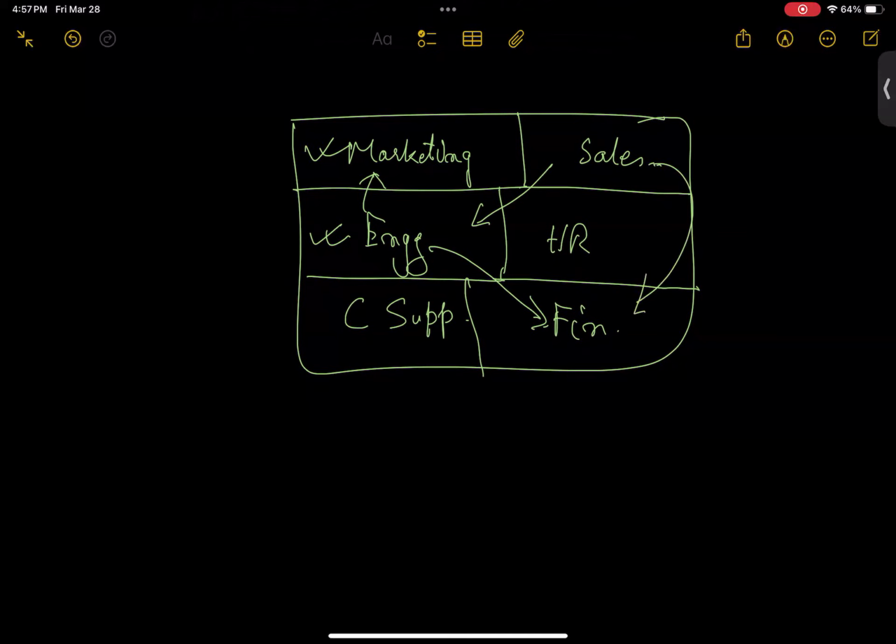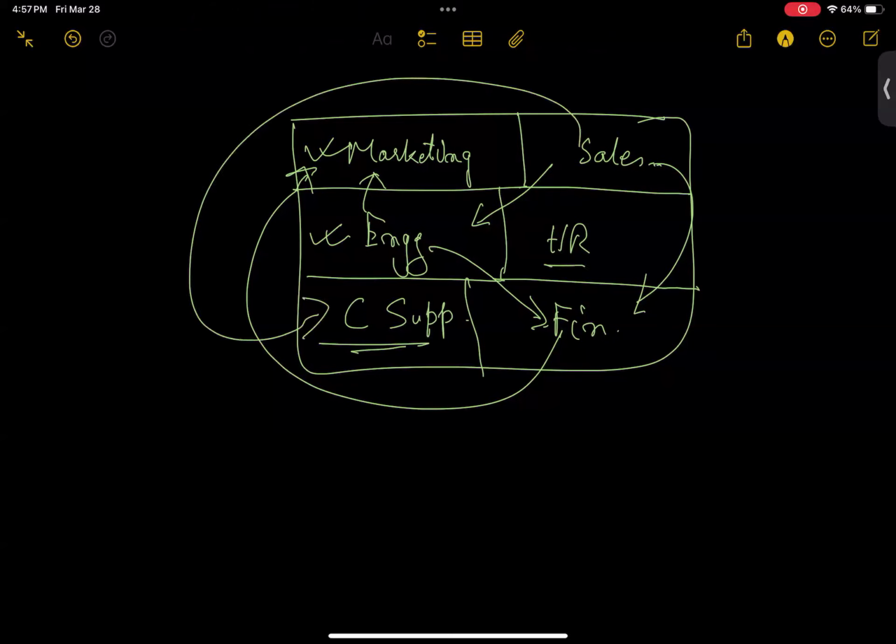Marketing will need help from finance, correct? Customer support will need help from, say, sales, right? HR will need help from engineering. HR will need help from finance. So there is a lot of relation. Do you understand this? This is how a company works, correct? The departments pass information to each other and collaborate to make a final decision, correct?